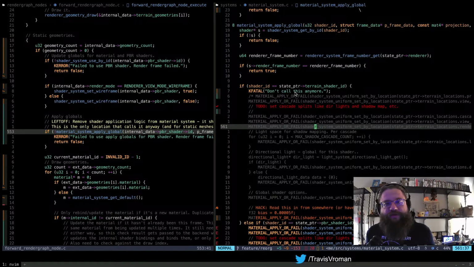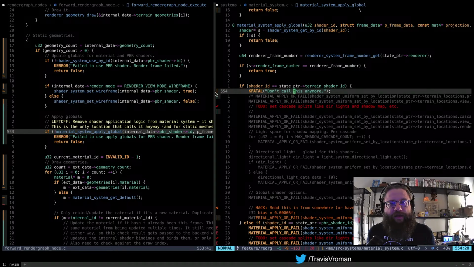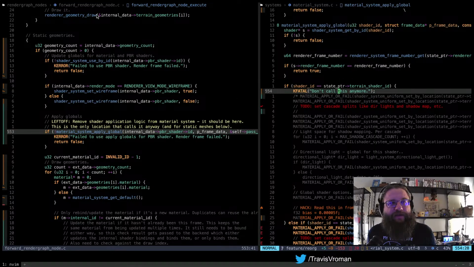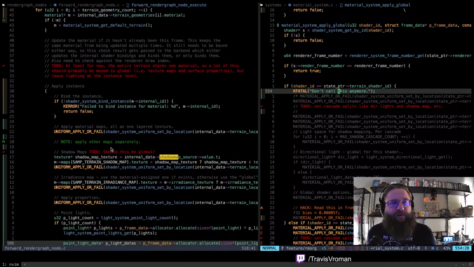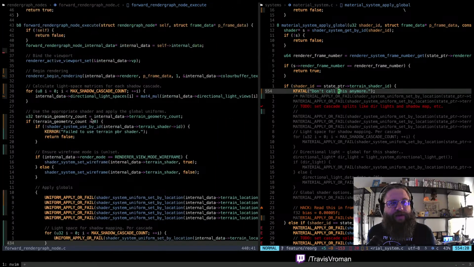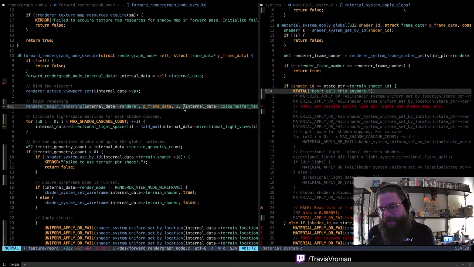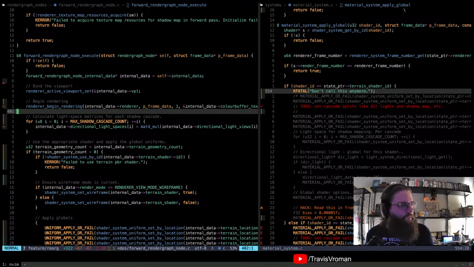All right, so what we are tackling this time around is we've gone back to our forward render graph node, and we had a note up here that said we need to refactor all of this stuff in the execute, and that's actually what we're doing. I've got partially through that, so I'll briefly explain what we're doing there, and then we'll pick that up and see if we can finish that off tonight. We may have to touch some of the other nodes as well, but this is by far the most complex one. So that's the goal for tonight, as it were.